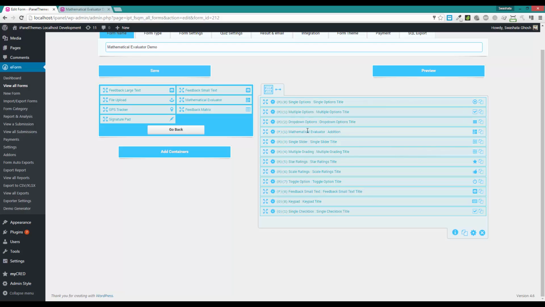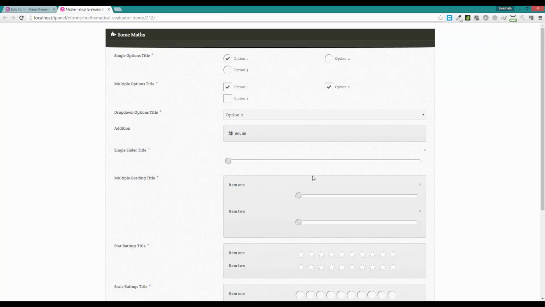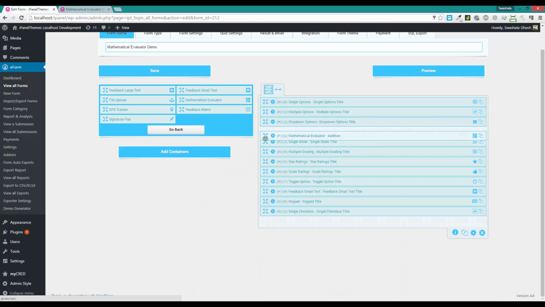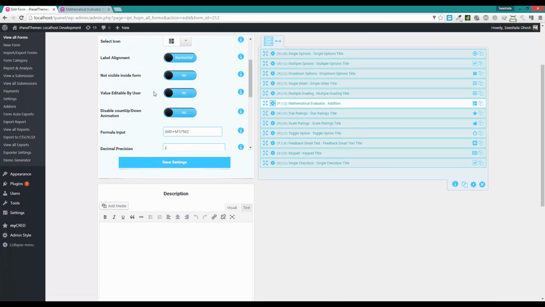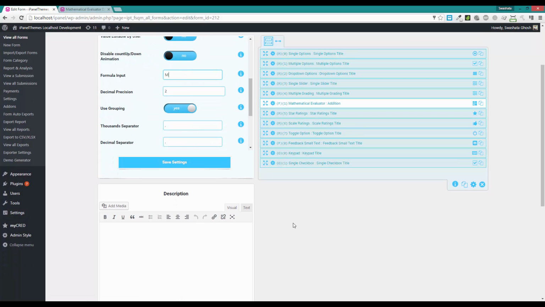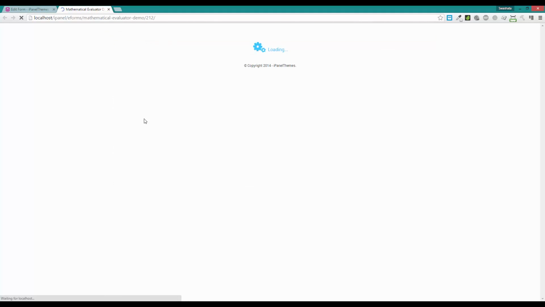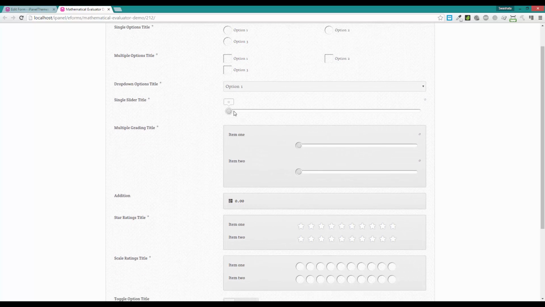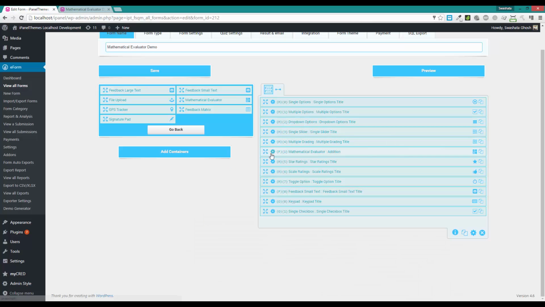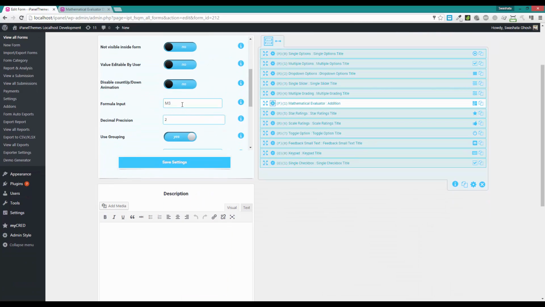Now let's see how the mathematical evaluator element behaves with respect to elements like single slider, multiple grading, etc. So we put it below multiple grading. First let's see how it fetches the value from a single slider element set to M3. The ID of the single slider element is M3. So as we change the slider, you can see the mathematical element's value is also changing. If we want, we can multiply it or do some other calculation like M3 minus 10,